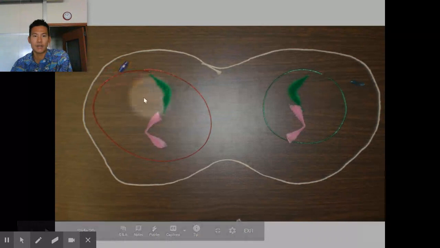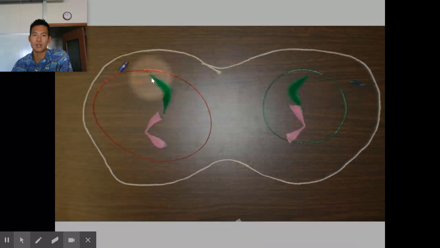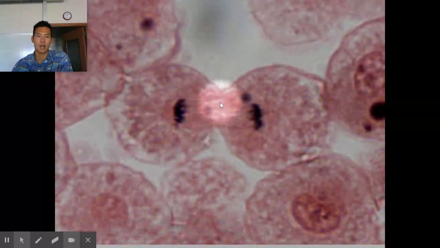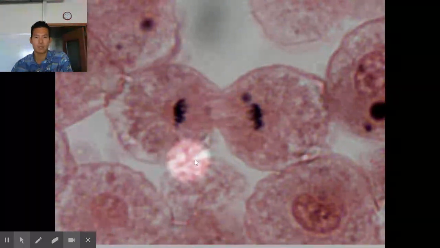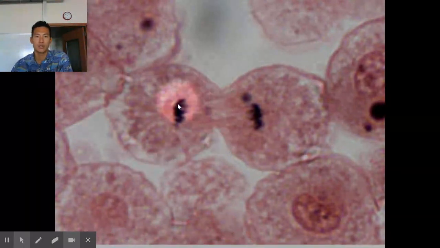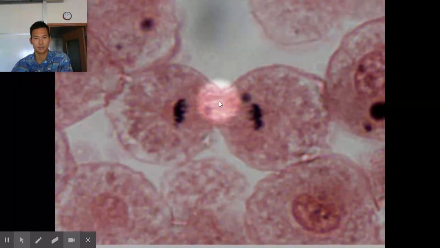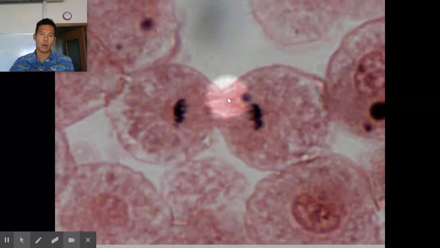Here's the picture representation before cytokinesis. Do you know that they are identical in terms of DNA? This cell right here has one bar green, one bar pink. Same thing, one bar green, one bar pink. So the DNA is identical. Cytoplasm will split, and then you end up with two identical cells. Here is a picture representation: you see the nuclear membrane forming, creating this round structure of the DNA, and this is again before cytokinesis. And that's all for mitosis.